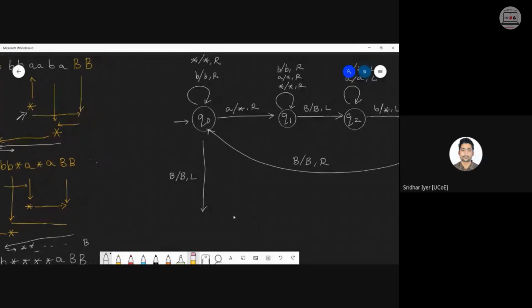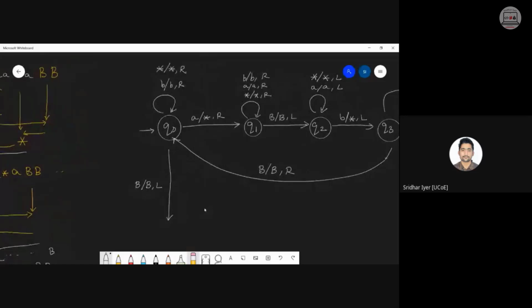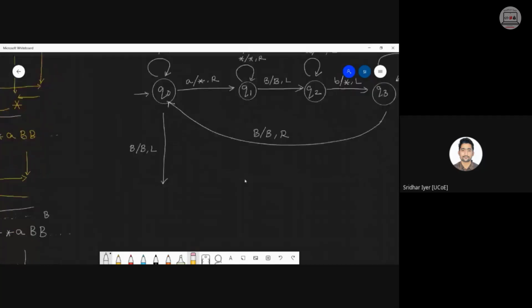Any one of you kindly let me know why are we not stopping over there? हम लोग BBS करके रुक क्यों नहीं रहे हैं? Why are we moving left? Can any one of us answer? B के लिए very well answered, because as you can see we are in Q0, right? So we are somehow bypassing all the stars and we are somehow bypassing all the B's also. So in case अगर कोई B बचा होगा, so we can check whether any more B is left on the input tape or not.